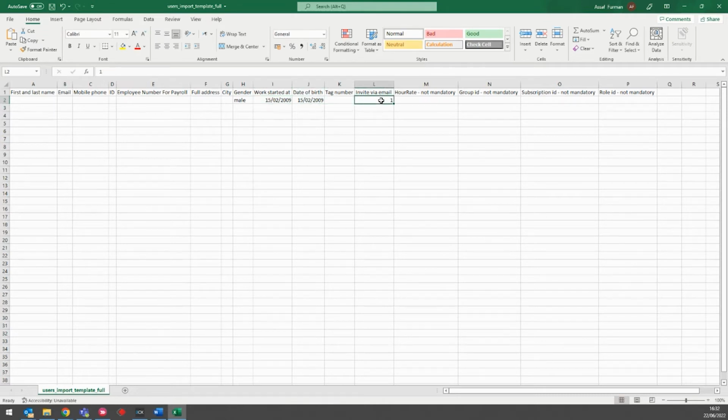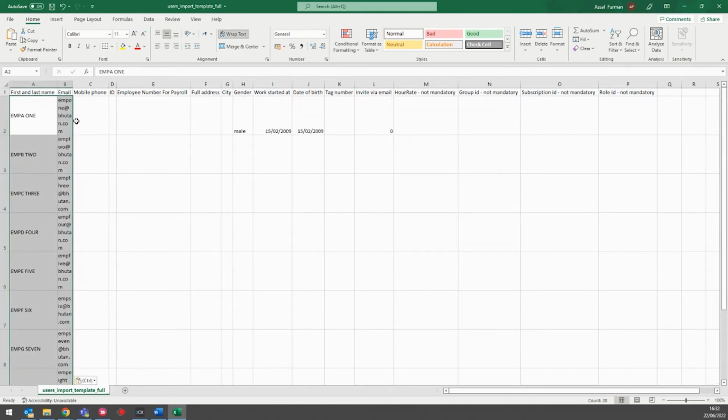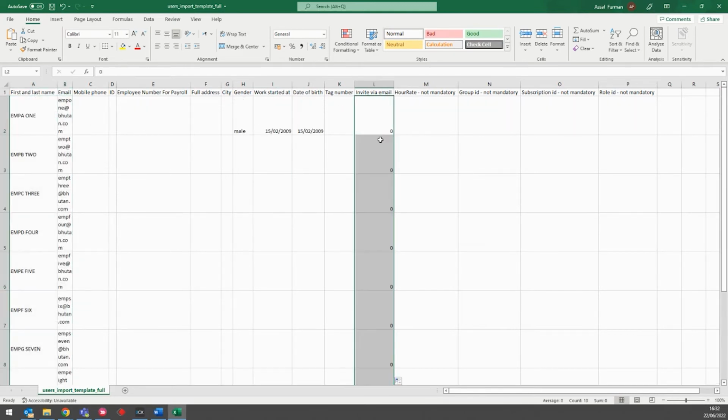One is for users that we want to invite via email, send them the login details, and 0 for the ones that we don't. So if we fill in the sample and fill in the 0, so no one is receiving that email, we can save it